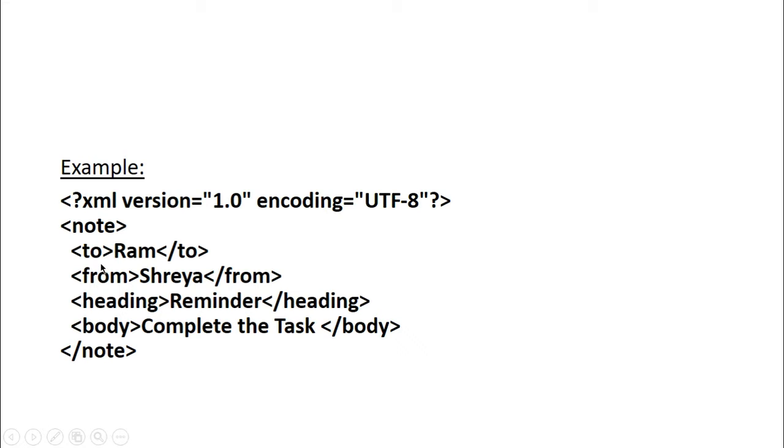We have the to, from, heading, body and so on. So we should have one root element within an XML document within which other nodes can be nested, or in which other tags can be specified.